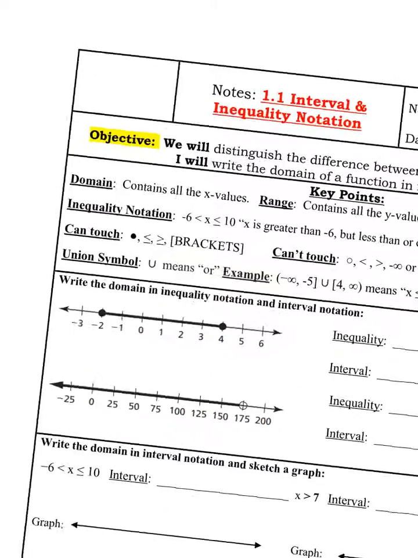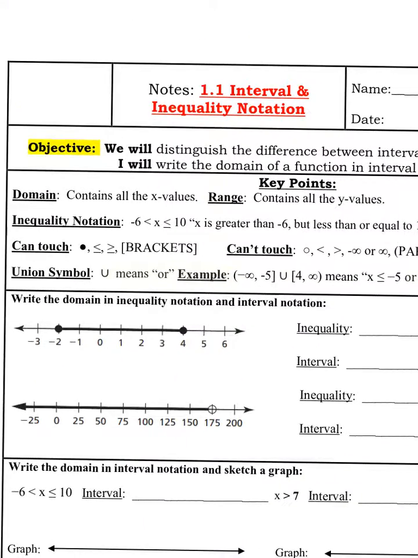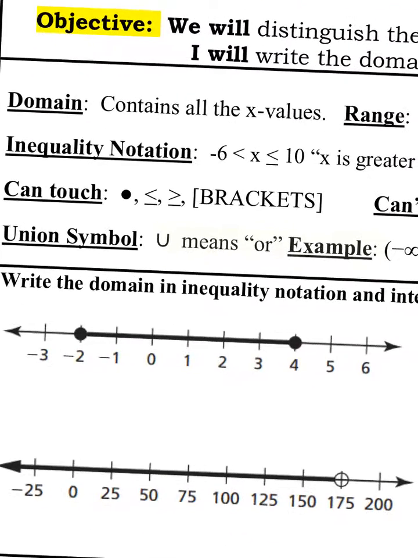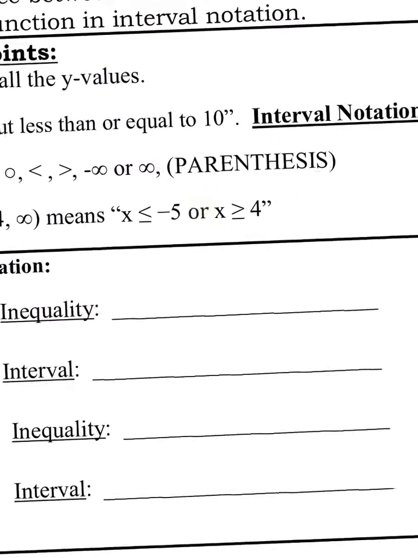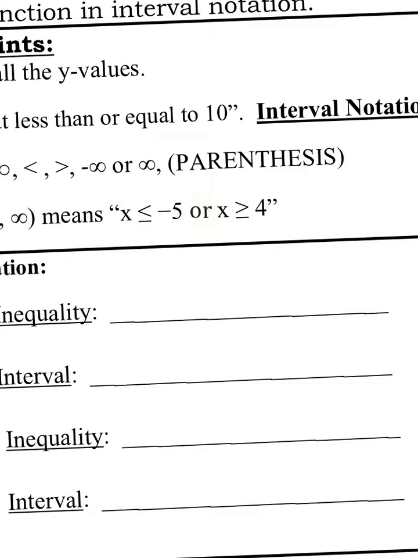Okay, so let's do a few examples. Here I have a number line graph. This is a one-dimensional thing. So you have two solid dots going from -2 to 4. How would I write that as an inequality? Well, since the dots are solid, I'm going to use underlined symbols. So x always goes in the middle, unless it's an or statement like that,